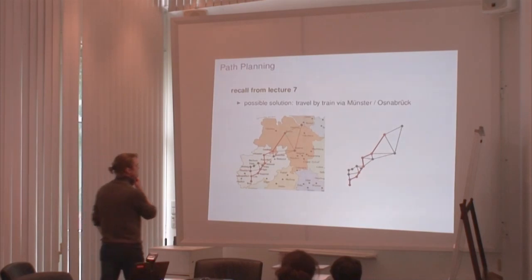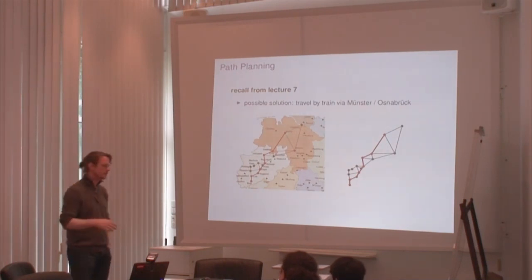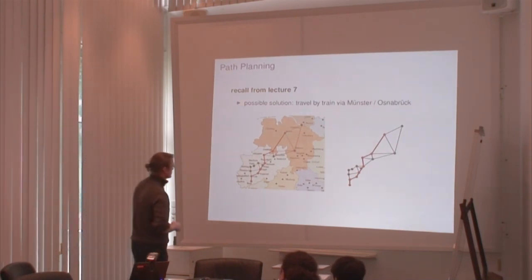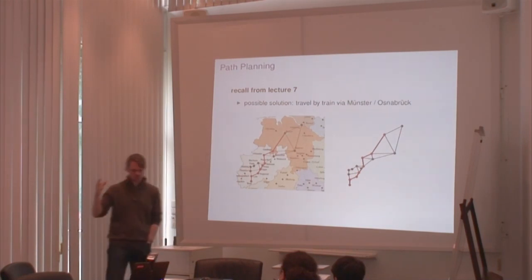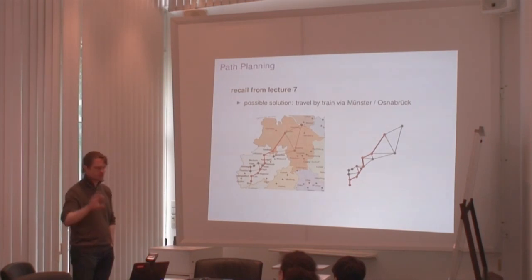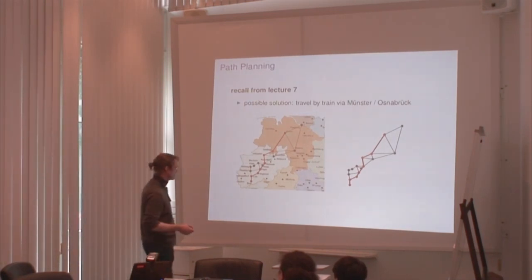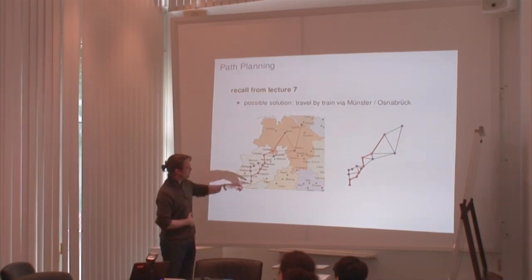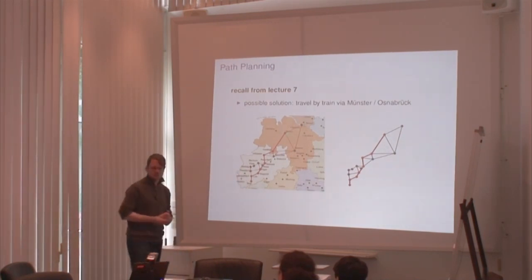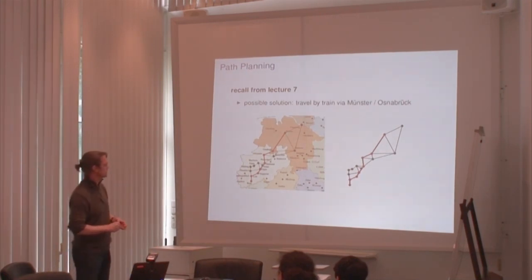The interesting thing about this planning problem is not necessarily just a shortest distance problem, but probably also a resource minimization problem. So distance should be short, and the amount of money I would have to pay should not be too high as well. So there are two criteria, and therefore we have to come up with a plan as to how to get from Bonn to Bremen. That does not take too much time. It's a short trip, and also does not cost too much money. And we'll look into how that can be done